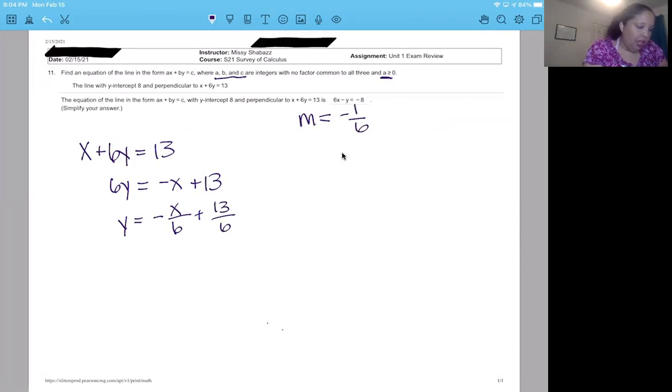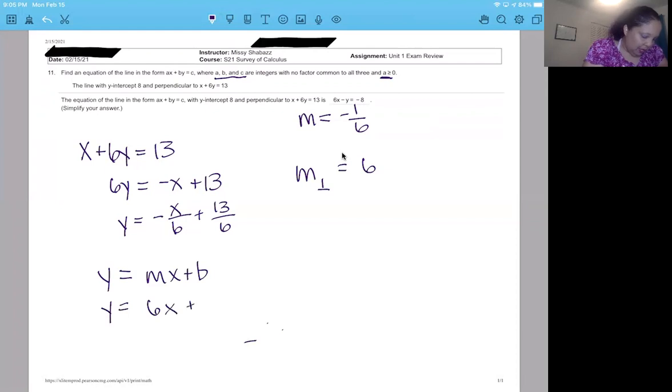So the slope of the line that I want, the slope of the perpendicular line, is going to be the opposite reciprocal. So change the sign and then flip it, which gives me 6. All right, and they also told me that the y-intercept is 8. So my equation is going to be y equals mx plus b, where m is 6 and b is 8. Now, the way they wanted it